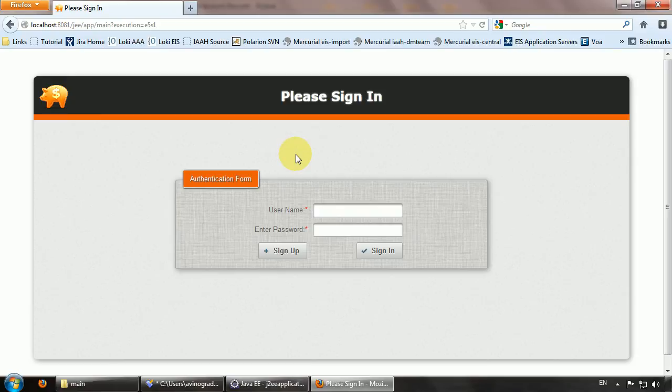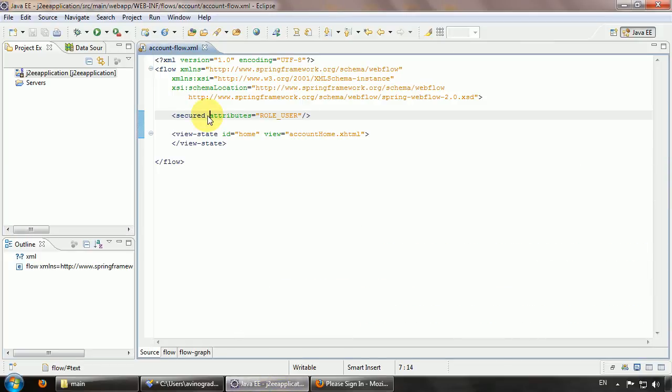So now, in order to access the account flow, we need to authenticate the user and set the Spring Security context holder so that it creates the session, and only then we will be able to access that protected flow. So okay,